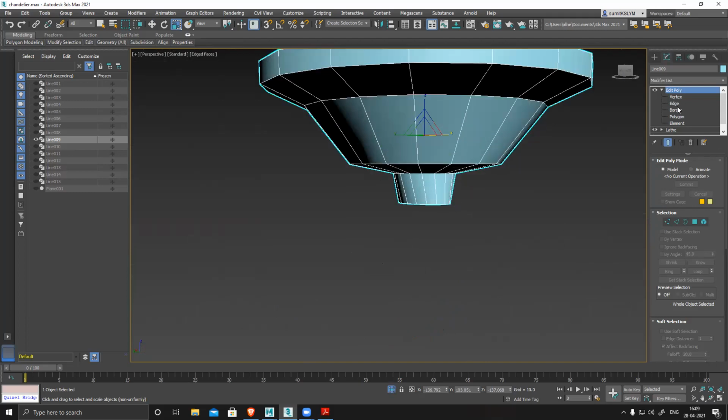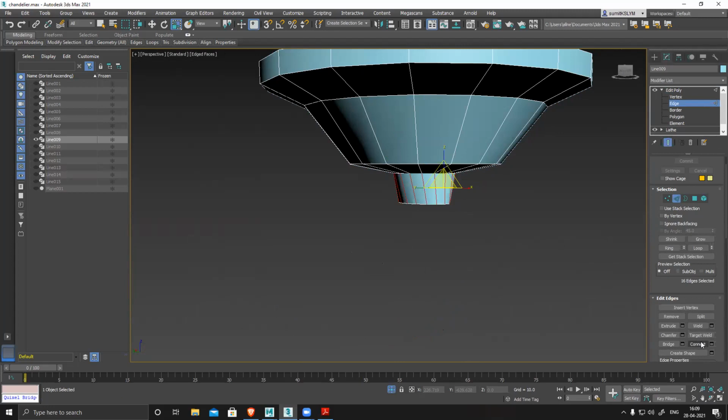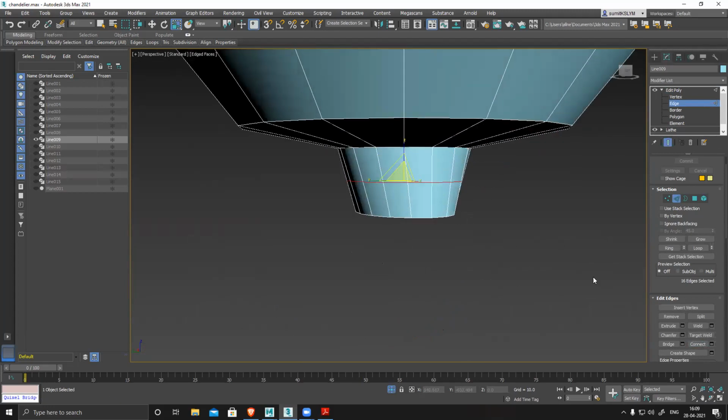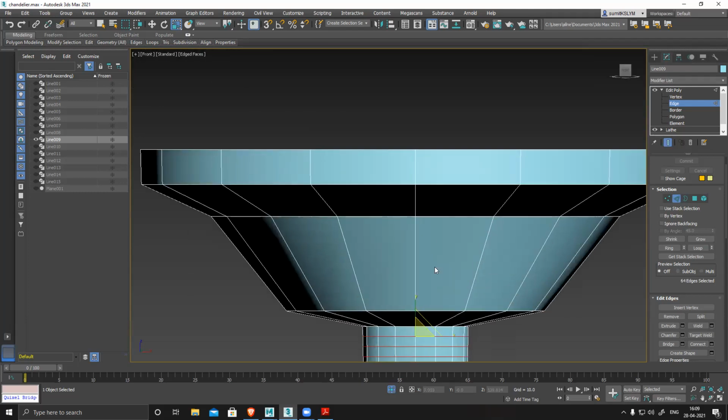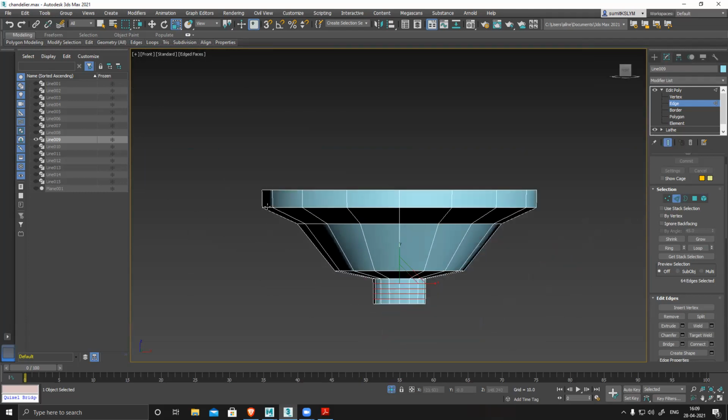There are two ways. Go to edge mode, select all of these edges, and there's something called connect. Connect will by default create one loop, but if you want multiple, click on the settings and then add the number of edges you want. This is one technique. There is one more technique. Suppose you want to add loops here.